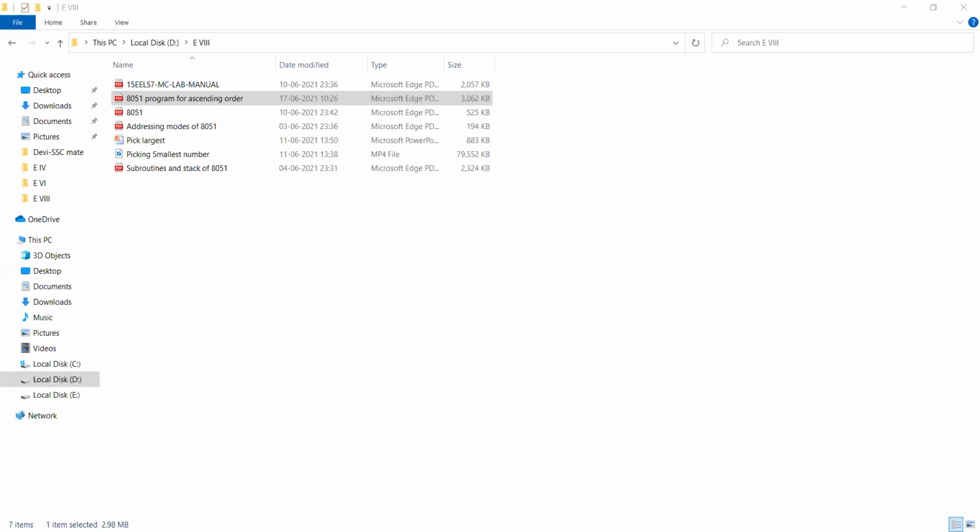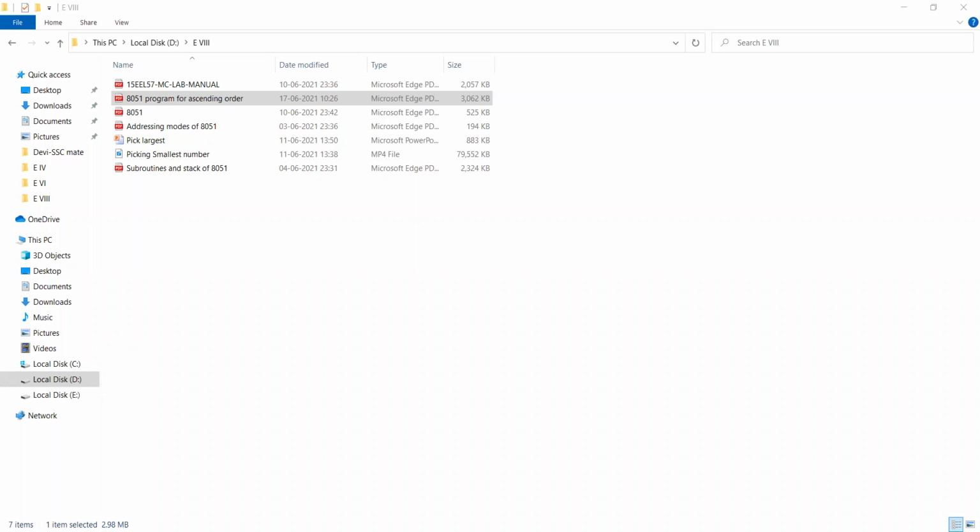For example, carry is set to 1. Then this process you have to do: decrement DPTR, then the A value can be shifted to this place, and again increment DPTR. It goes to the previous location and comes back to its original value.